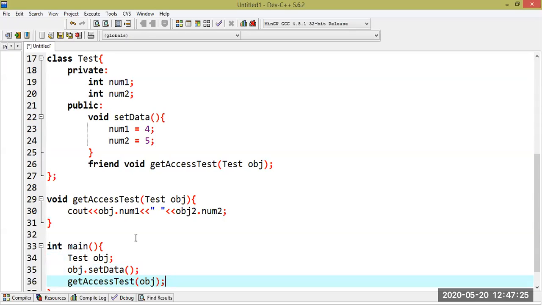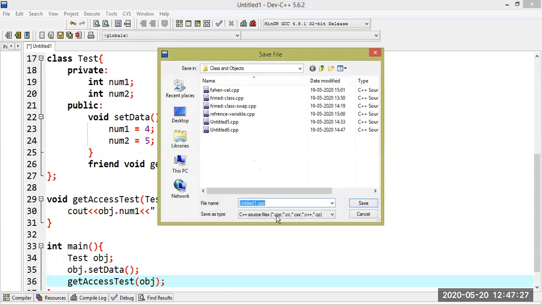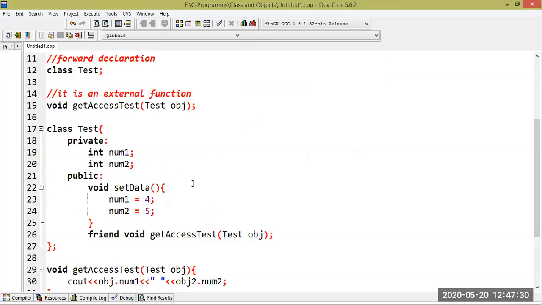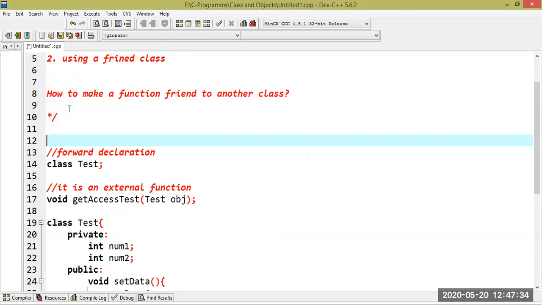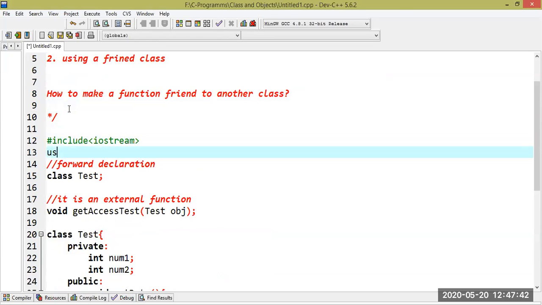Now let's save this code. We need to add a few header files because we have used cout here, and we are also going to add the namespace std.